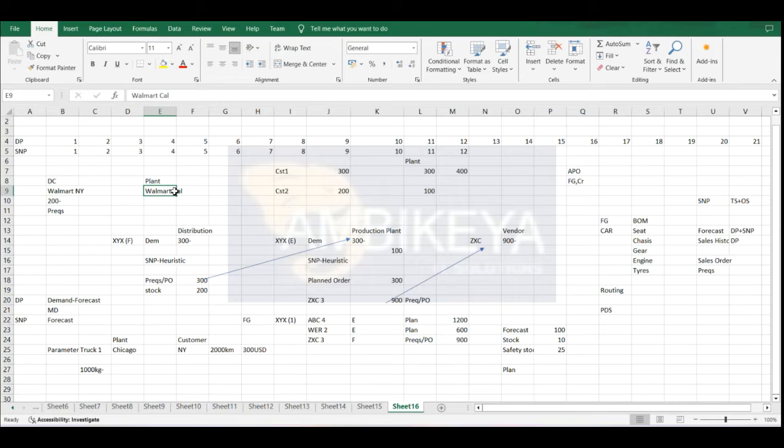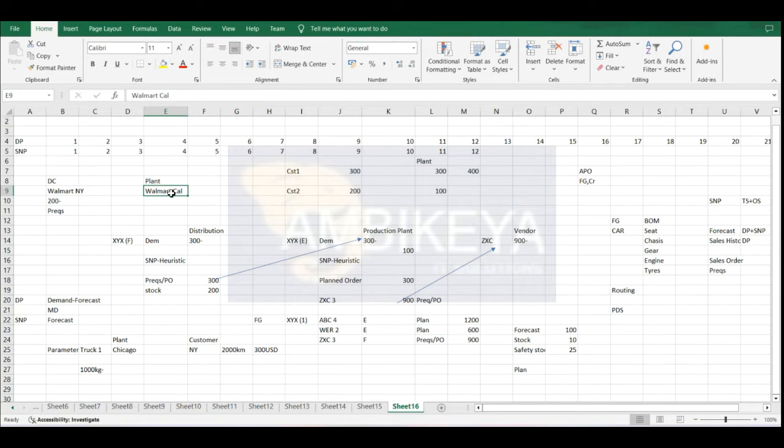If you have any other example, you can give me. Walmart, they don't do manufacturing, right? Let me remove this one. Let me think. Let's take the example of